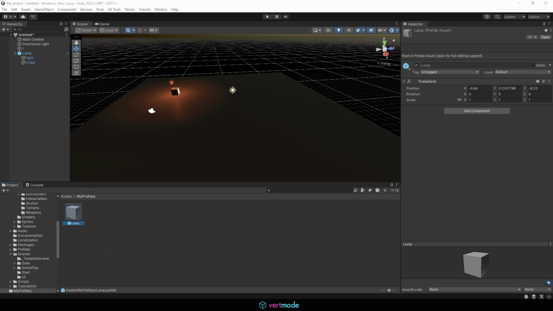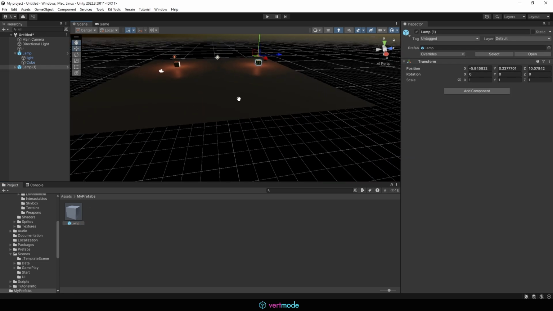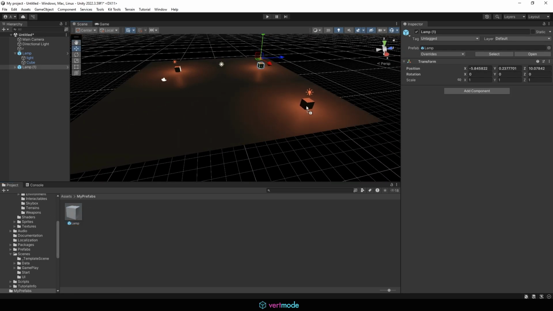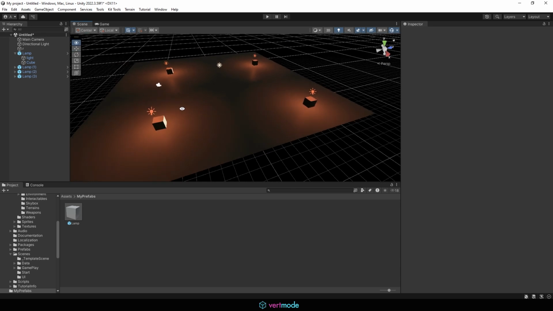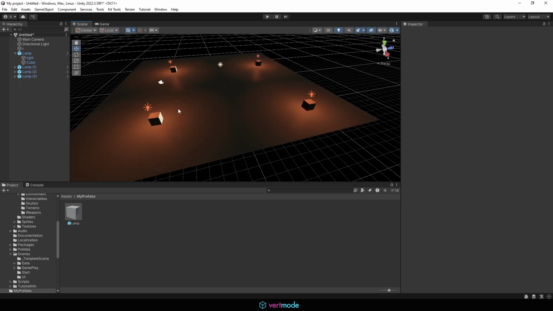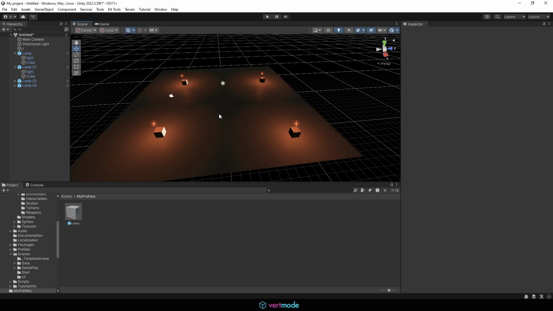So let's say we wanted to make more of these. We wouldn't necessarily duplicate this. We would drag this into our scene. So let me go ahead and drag this prefab into our scene. And you can see now I'm dragging that entire construction into our scene. So outside of duplication, what makes prefab special? Outside of the ability to quickly reproduce the same construction here, same placement, all that stuff,